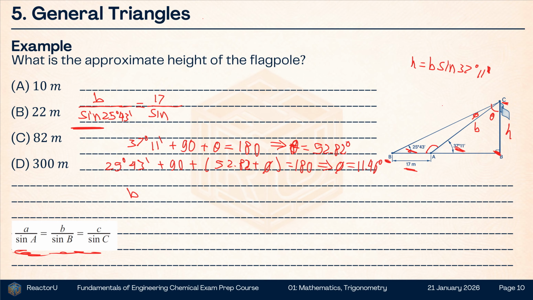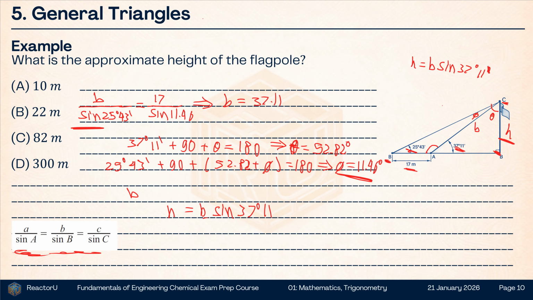So we will just plug in the value of the angle that we have found, the phi, into this location here, 11.46, and then we will use the calculator to find the b, which we will find to be 37.11. And then let's find the h here. So the h will be b, because the h is nothing but the y component of the b, so it will be b sine